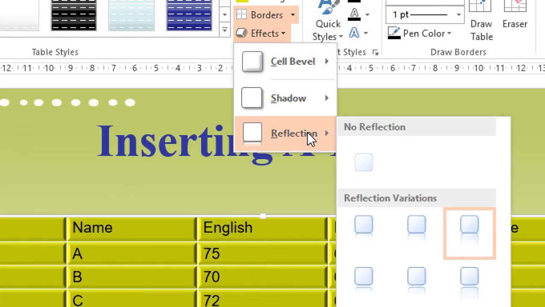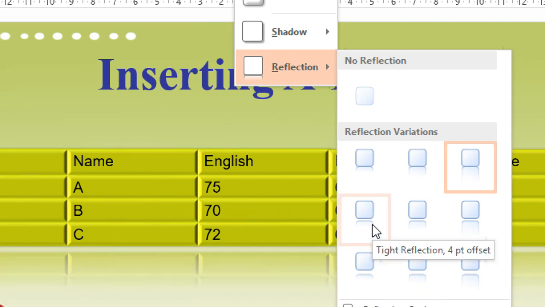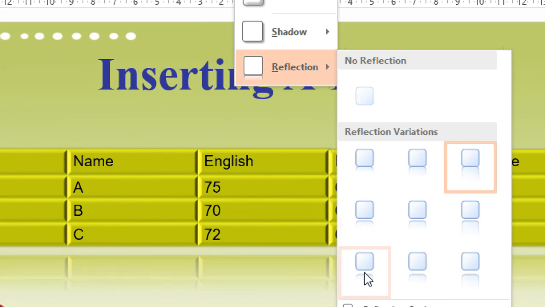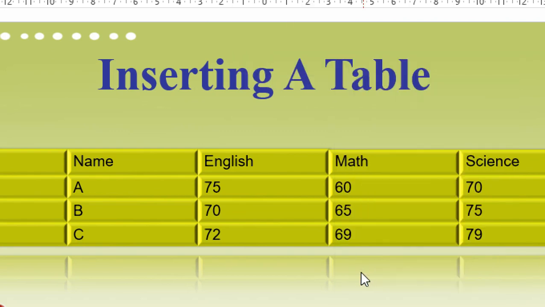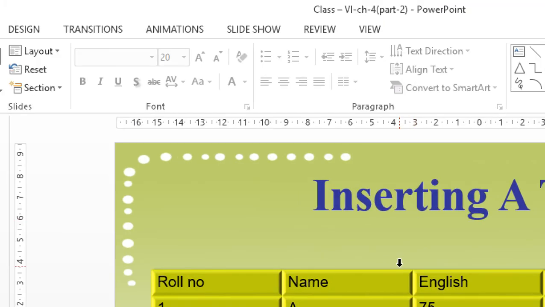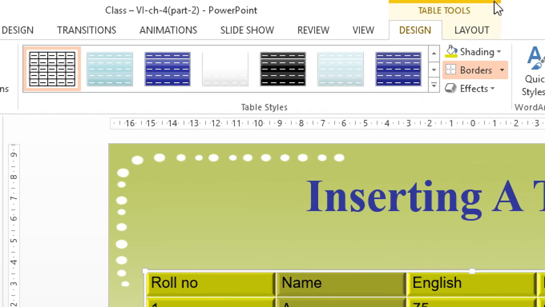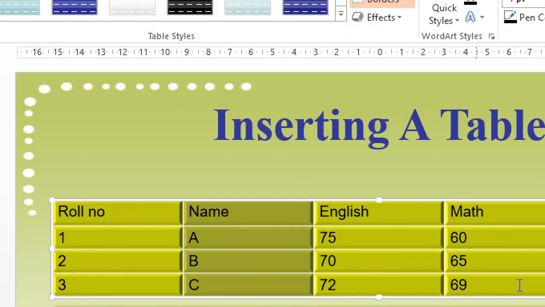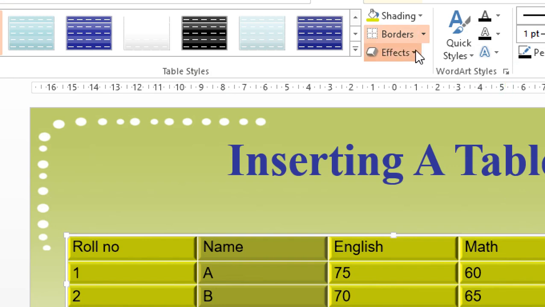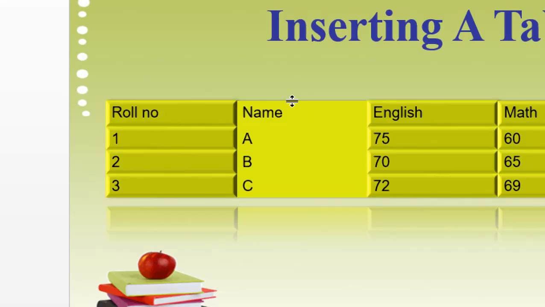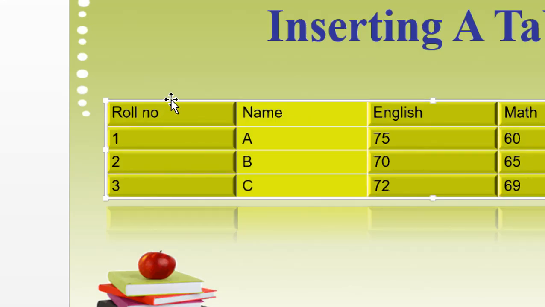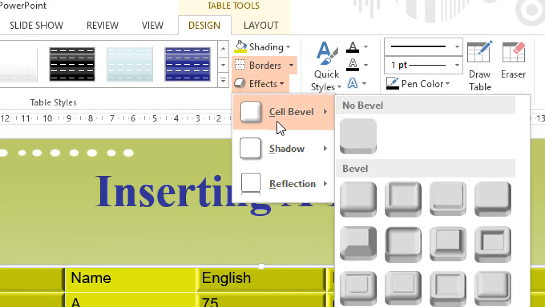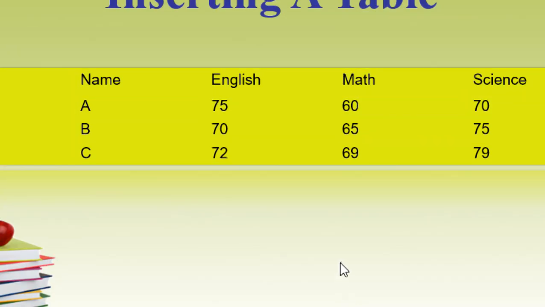Now the next reflection is different, it gives a little bit of edge, a row of space after the table, and then gives you a shadow. More space after the table and then gives you a shadow. These are all different shadow effects which you can apply by going to the design tab. Now suppose you do not want to give any 3D effect, so do it simple only, clear. Select the entire table first of all and then give no effect to it, which means it becomes the simplest one.